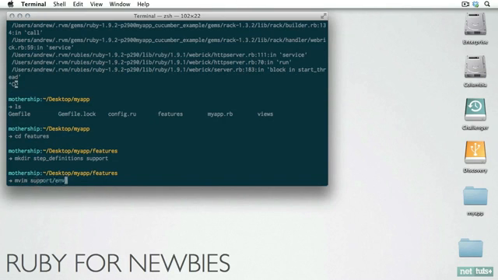We want to require our app. We want to require Capybara, and Cucumber, and we want to require Rspec. Then we use a world block here, which is specific to Cucumber. And in here, we're going to say